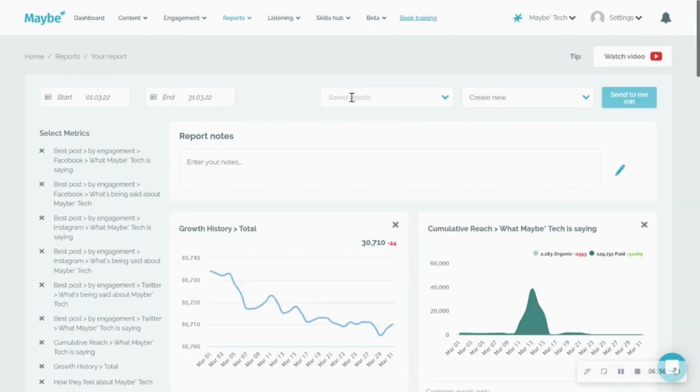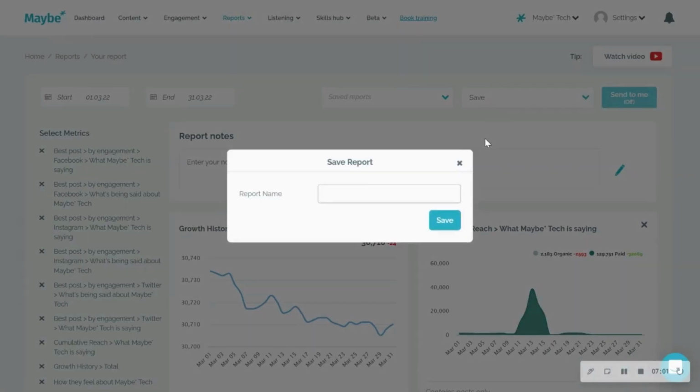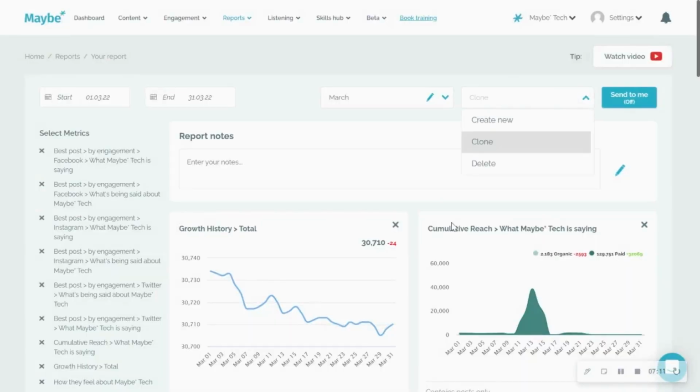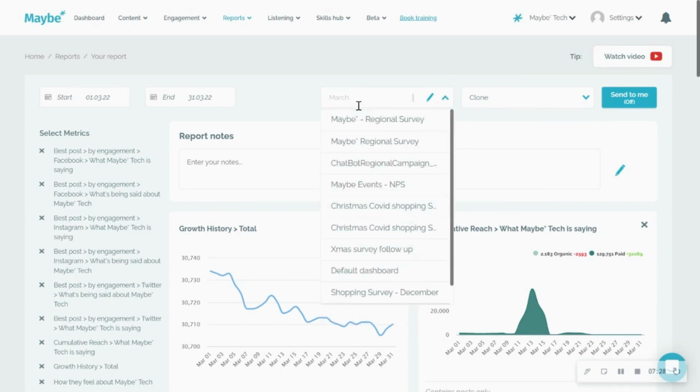Right, adding the notes. And then once you've done it, you can choose to save that report and give it a name. I'm going to call this one March. Save. And now, if you want to run the same report for another month, you can choose to clone it by hitting that button there,